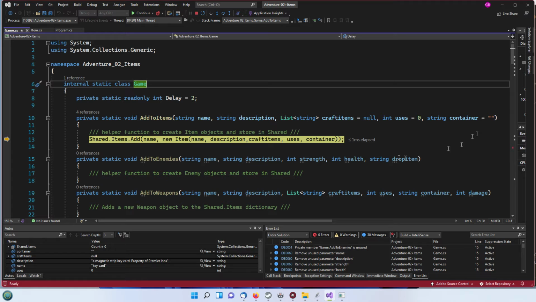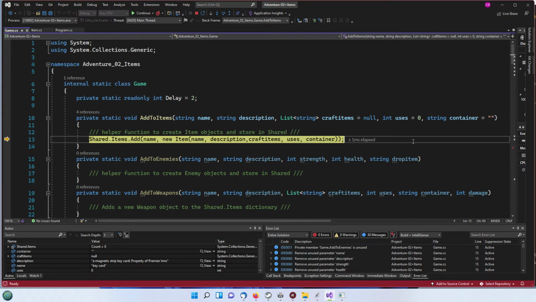So we press F11, and then it's going to add a new item to the list by using the shared items, which is off screen at the moment, but shared items is a dictionary within the shared class. So we're going to add to that dictionary. And then it will add this new item. So if I press F11,